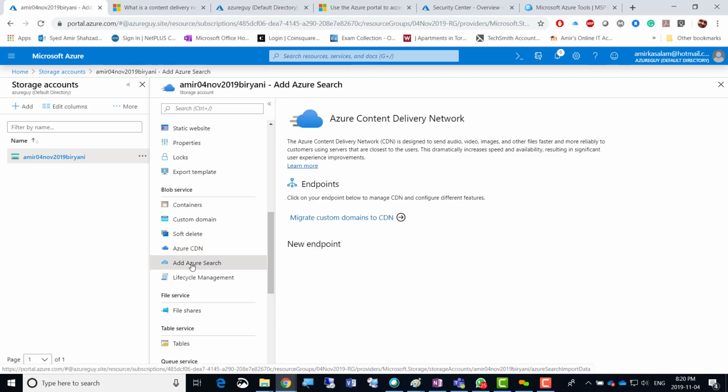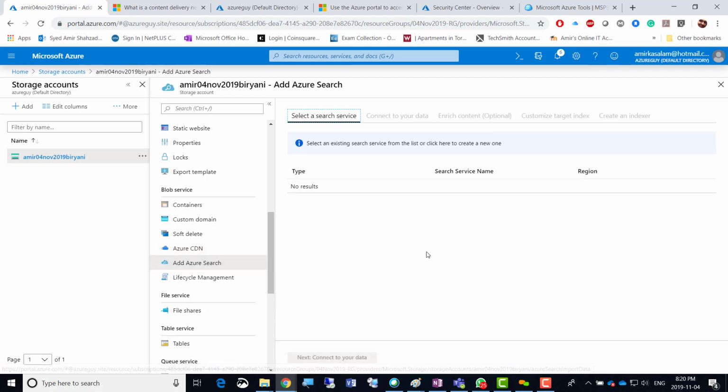If you go for add Azure search here, obviously you have to select a search service, you have to purchase a search service. In order to make your search across, suppose you have petabytes of files, millions of files in this storage account, and